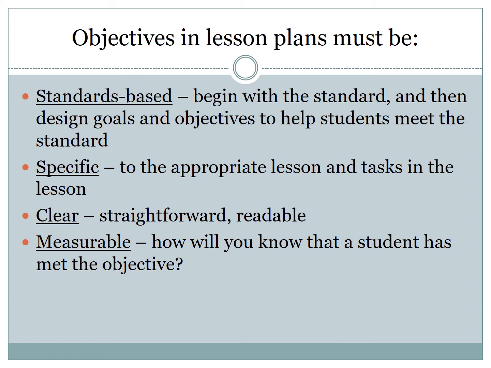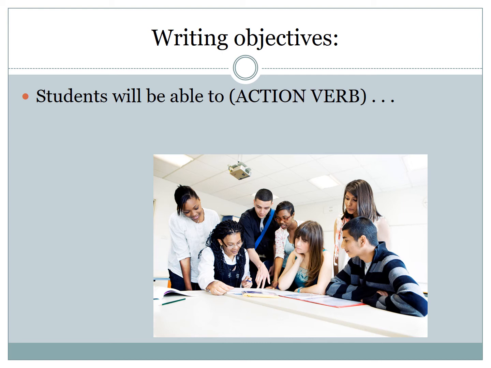So the most important thing here, besides the fact that objectives need to be clear and measurable, is they need to be aligned with your standard. You can't have a standard that focuses on division and an objective that focuses on, for example, addition. Again, writing objectives, students will be able to, or SWBAT, and then give it an action verb. And the reason you want action verbs is you can see actions taking place, but you can't see students, quote, understanding,